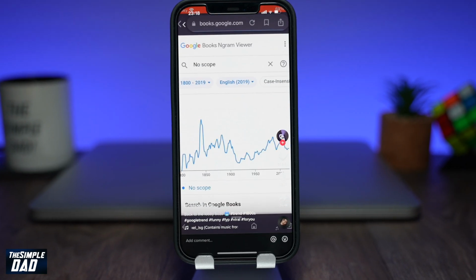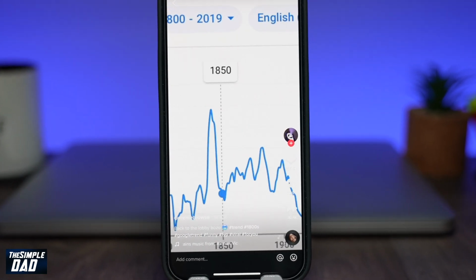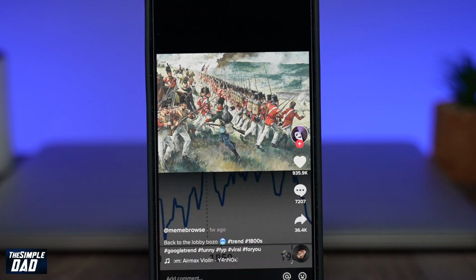Welcome back everyone. In this video, I want to show you how to create the 1800 Google Books Ngram viewer